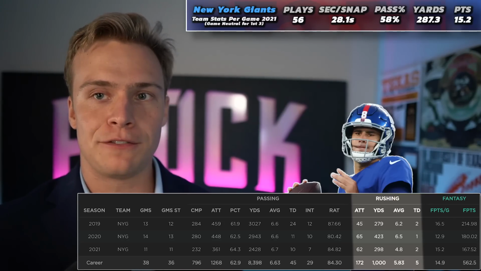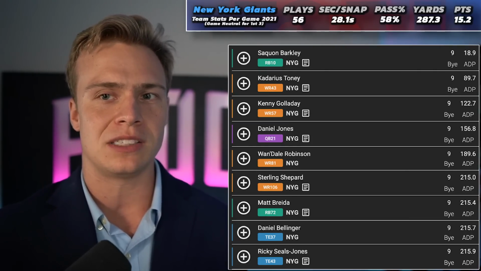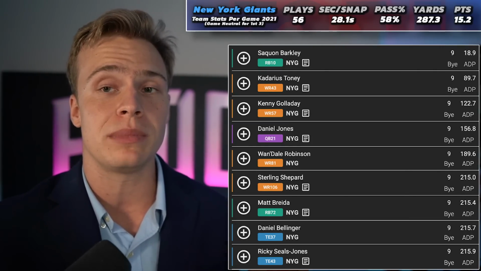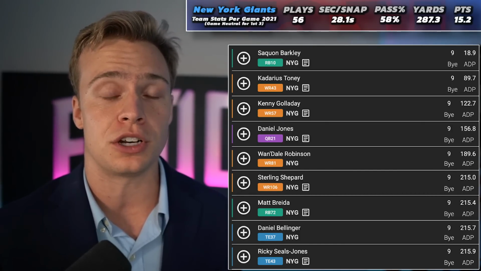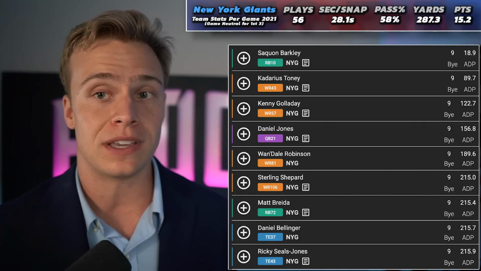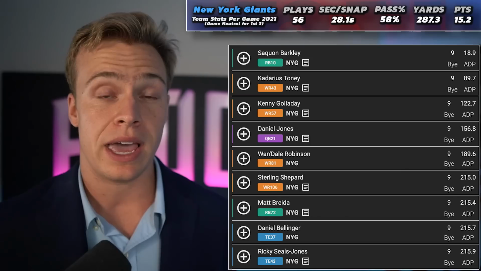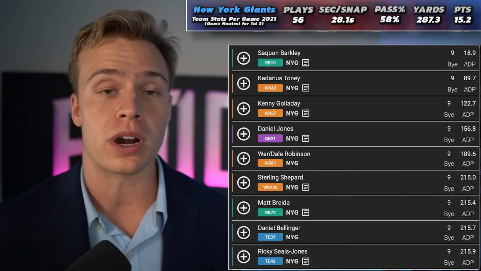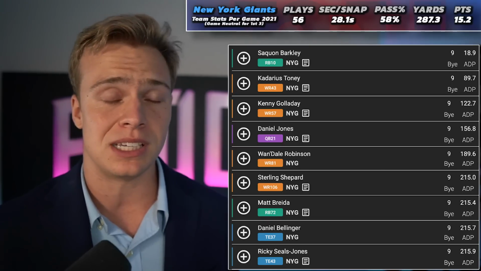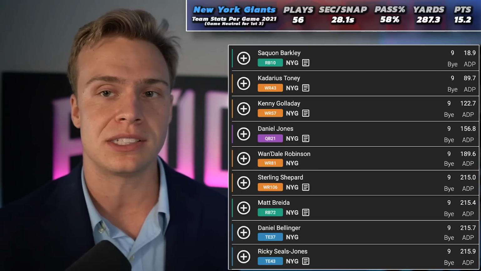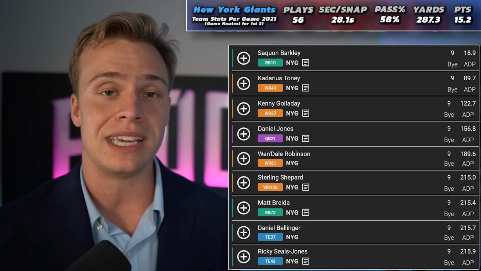And if you're going to go ahead and look at the other prices of these New York Giants pass catchers, they are extremely affordable. You have Kadarius Toney as the wide receiver 44, despite being an elite option on a yards per route run basis last year. You have Kenny Golladay as the wide receiver 57. You have Wan'Dale Robinson as the wide receiver 80. So I think that if you were to have the New York Giants sneaking in to being a top 5, top 6, top 7 team with their pace of play this upcoming season, you could see almost every single player in New York exceed their ADP.